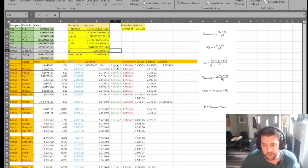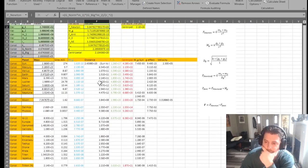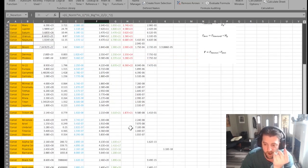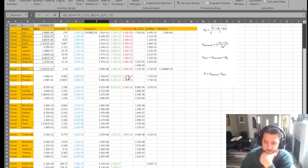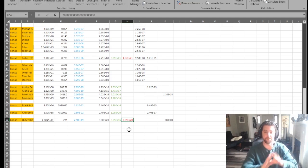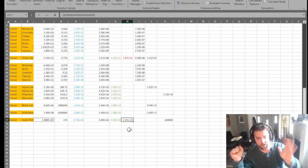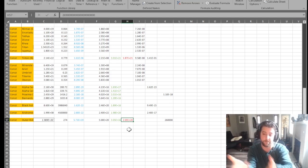Well, actually, it would be less than that. My bad, it would be far less than that because this is the different thing. So yeah, the first sun is in the outer rim, right? Well, the problem is 3 to the 5th power sounds like a lot of newtons, but here's the centrifugal force I worked out for these bodies, and for the outer rim, it's actually going to be 2.7 to the 20th power. So you can see we are 15 orders of magnitude too small